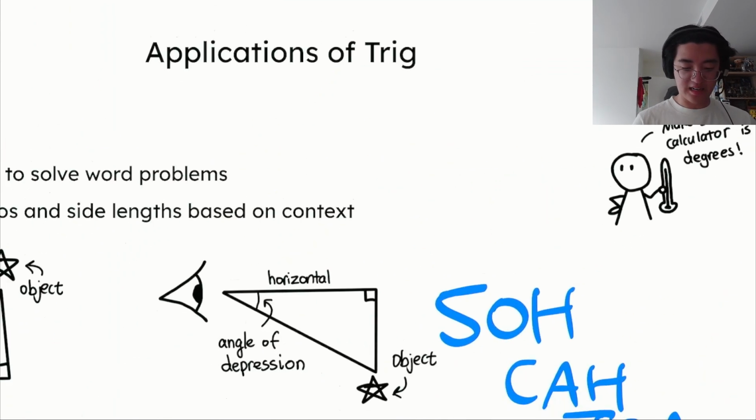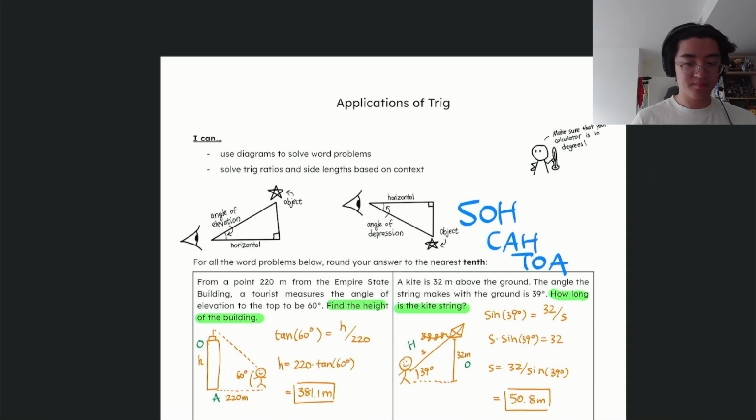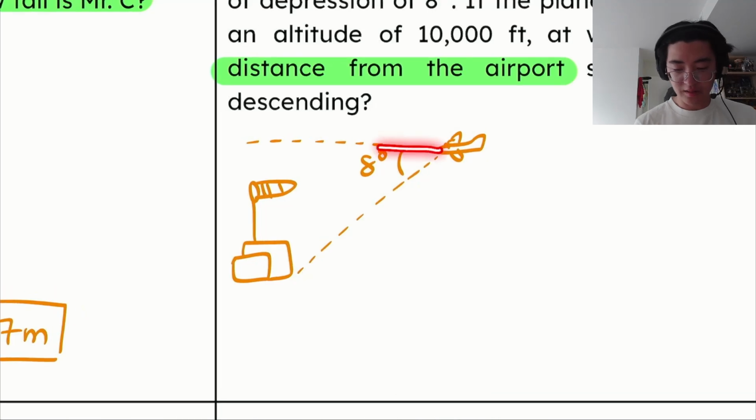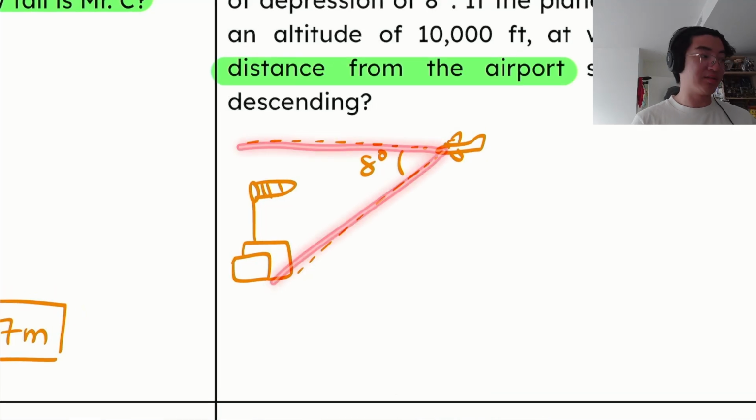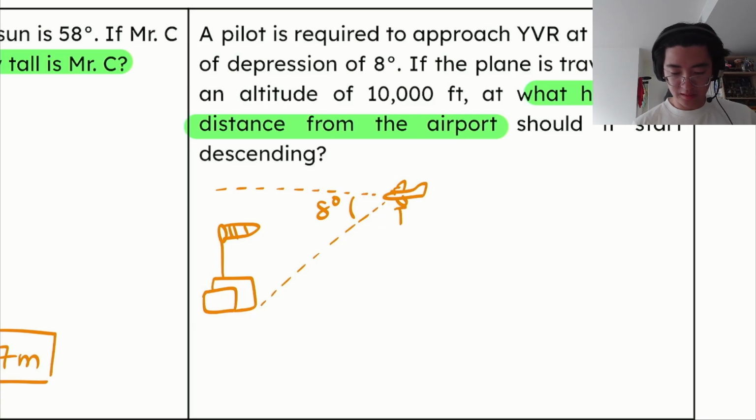Again, that's the angle between the horizontal of the plane and the line to the object, which is YVR. 8 degrees. We know that the altitude here is 10,000